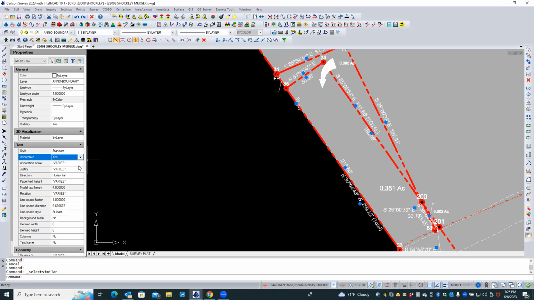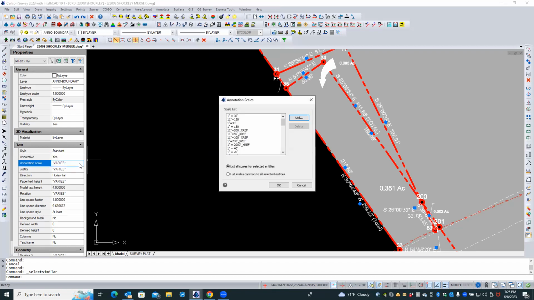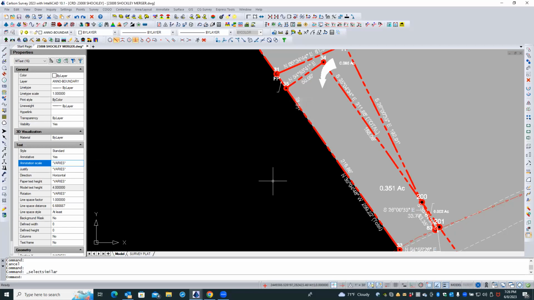And then the annotation scale, you want to set to 1 = 30. And you see up at the top, it was the very top one, I think. No, go the other way, there you go. If you select that and say okay,